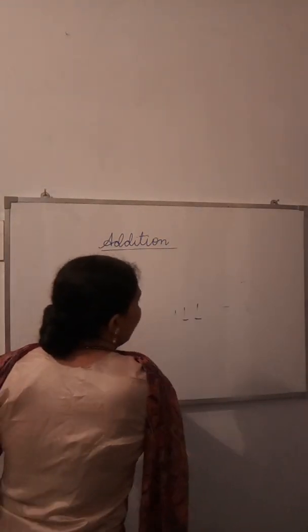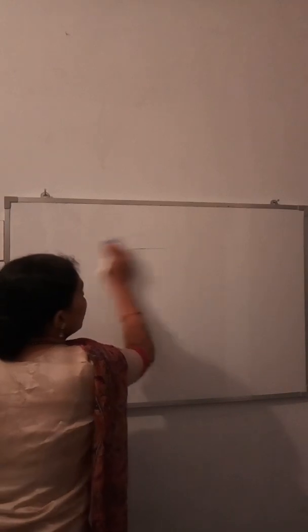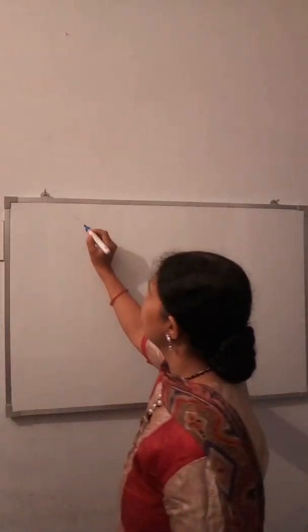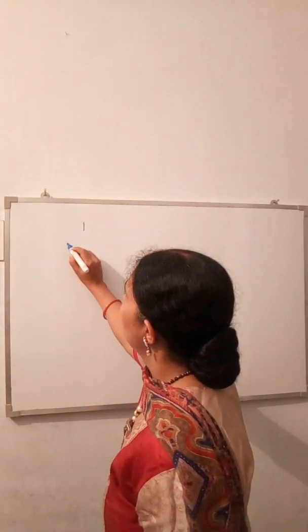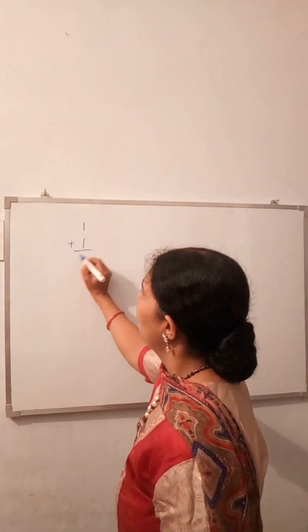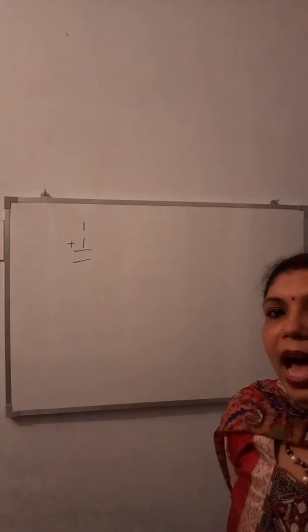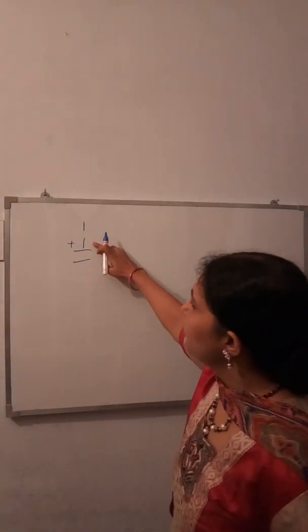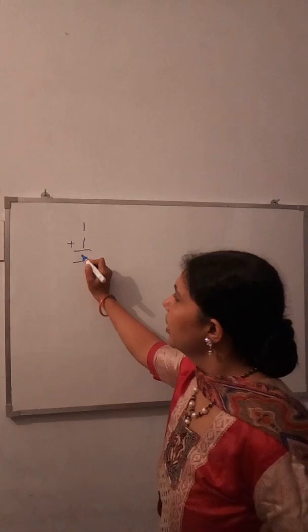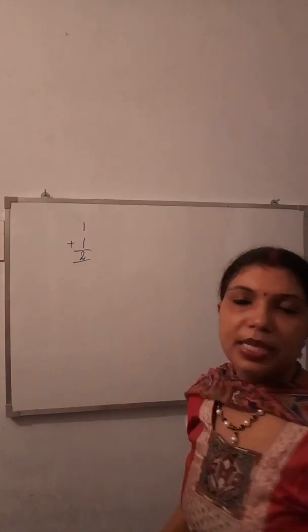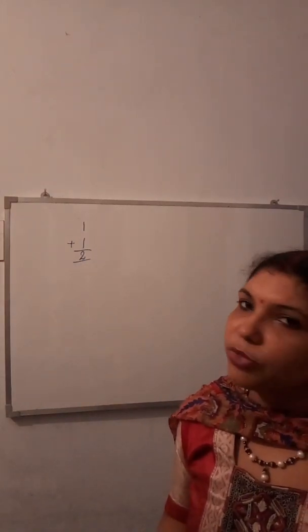More examples? I think there is no need of more examples. Okay. Now it was the first way how to learn addition. Now the second way. Second way is that if 1 plus 1 is written, we have to add, we have to count it. Then 1, 1, it is 2. It is very simple. So we write 1 plus 1 is equal to 2.